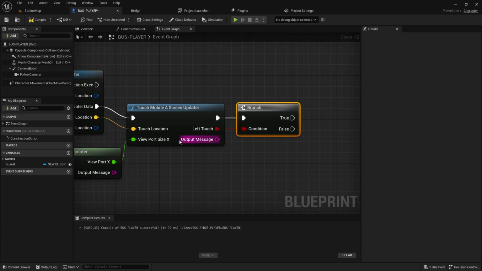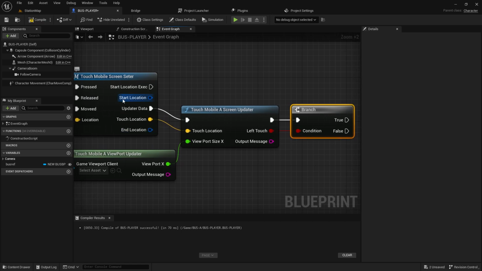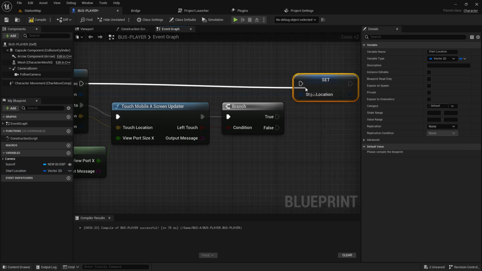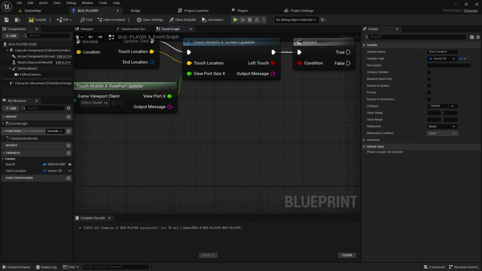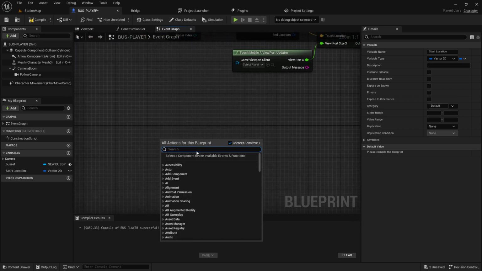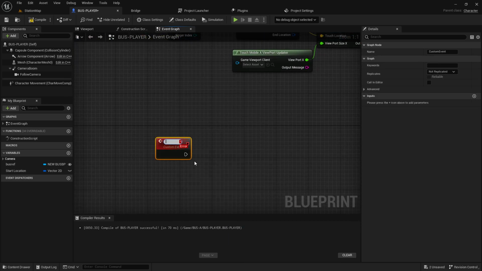Now we need to bypass this vector, so we need a vector. From the start location, you simply need to promote to a variable, and then you need to connect something like this, and from the false we need a custom event to update our data. So simply write a custom event